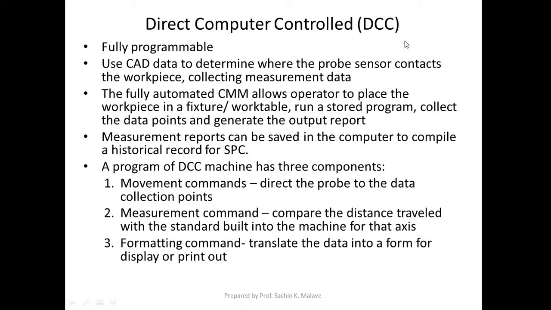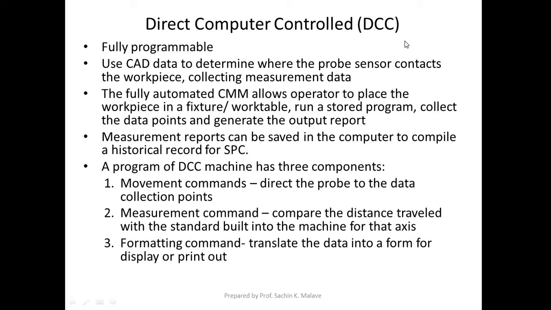Here, as you can see, human intervention is almost negligible, almost zero. Everything will be automatic, everything will be programmable. The operator has to just run the program, he has to do nothing.